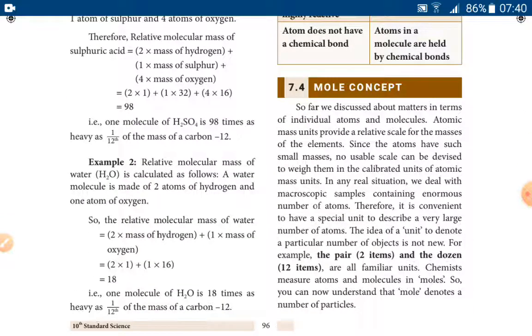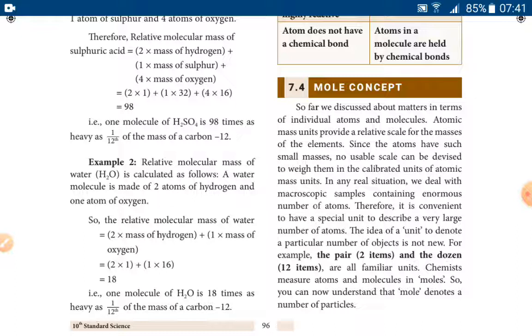Then the next topic is the mole concept. See, mole is a term to denote the number of molecules or number of particles present in a given substance. There is no specific unit, but we use the unit mole, and chemists use it to define the number of atoms, molecules, radicals, ions, or particle entities. There are different terms to measure or denote this.